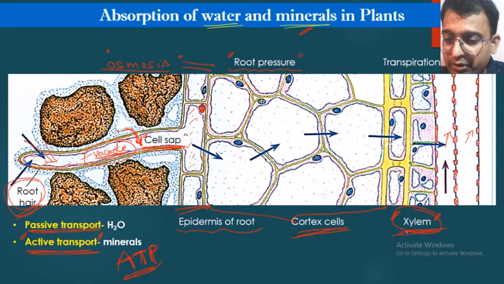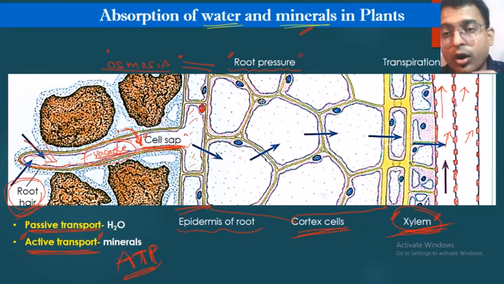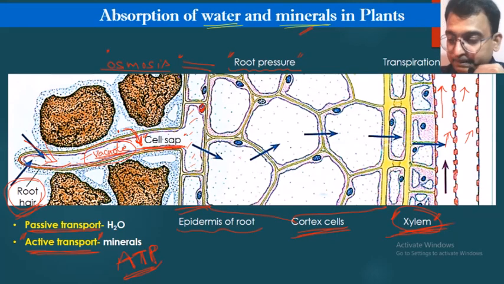So the water, once it has reached this xylem, okay, we will see in the further videos that the xylem is made up of the different types of cells. Okay, as you can see, this looks like a continuous channel, looks like a tube. Okay, so the water can flow through these tubes all the way up to the leaves and stems and upper part of the plant.